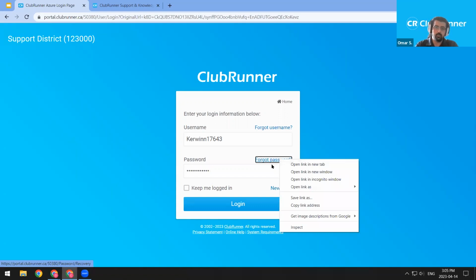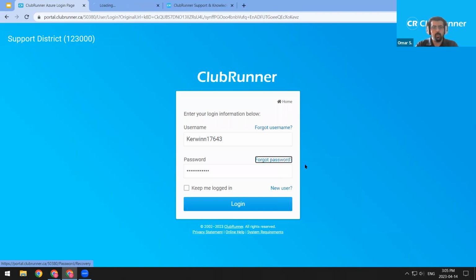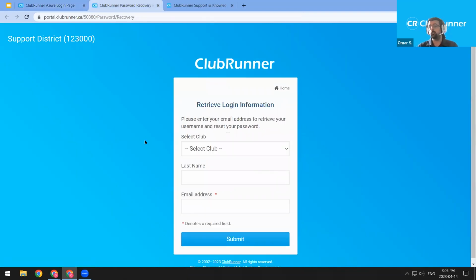Just to quickly show you what that looks like, I've right-clicked forgot password, and then I'm going to click open in new tab. And here's that retrieve login information form for the district. The first thing you'd do is select your club, then enter in your user's last name, your own last name, and finally your email address. Once you have those 3 pieces of information entered, you'd click this blue submit button, and this page would reload,